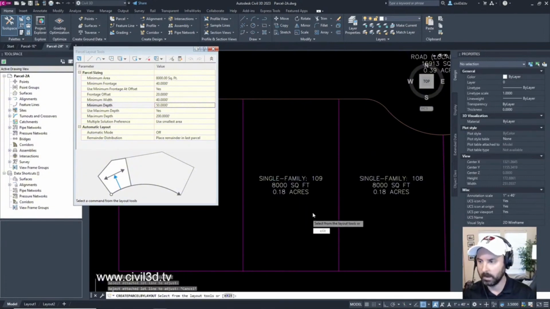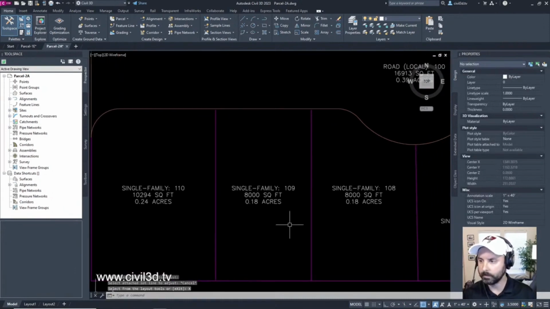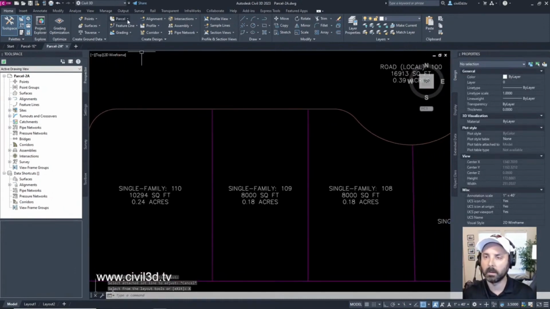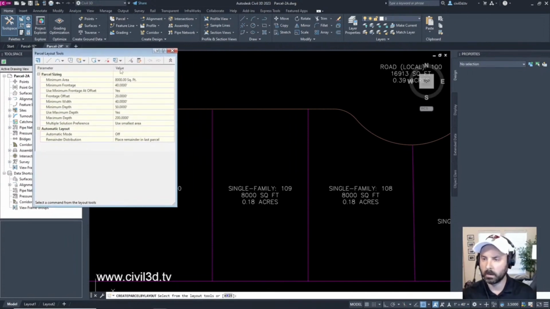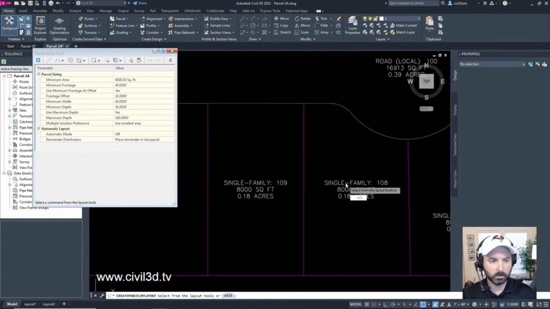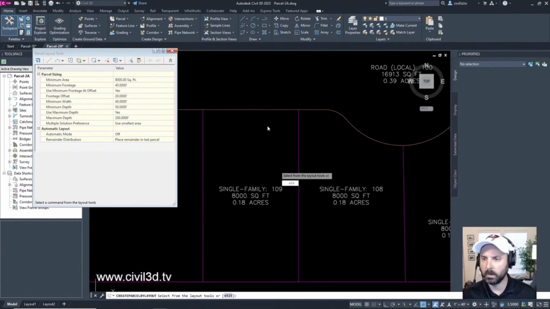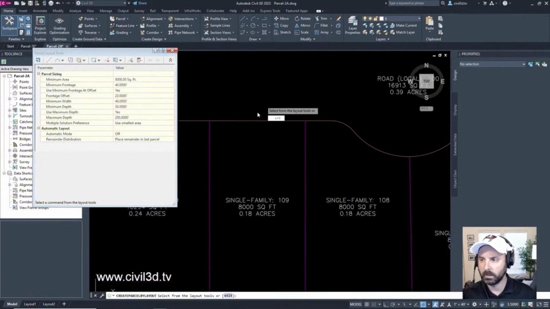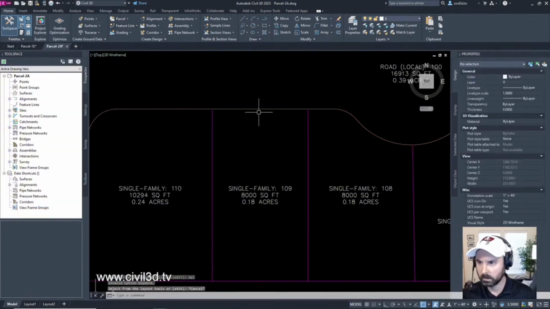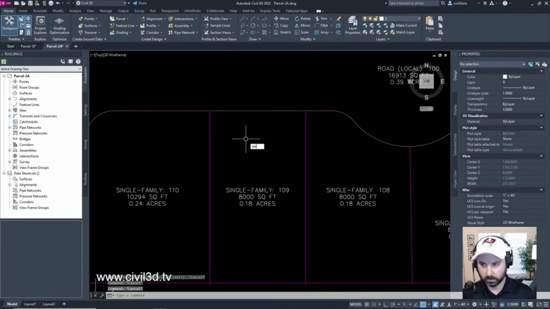Oops, I'm going to escape out of this, exit. And you can see, wait a minute, let's bring up the parcel, there we go. Now you can see that our minimum area is met on both of these parcels. Our minimum area is met. And let's throw on some dimensions here. No, it won't let me do that. Let's throw on some dimensions.